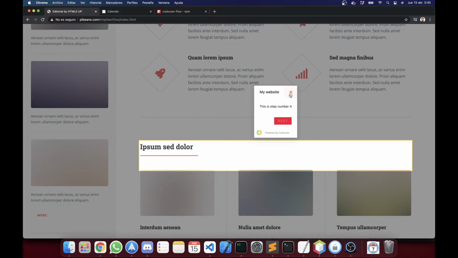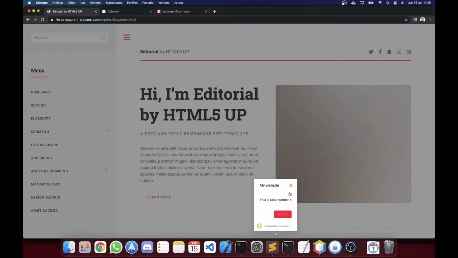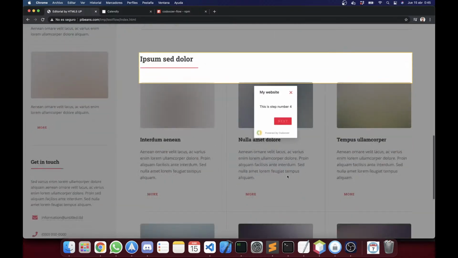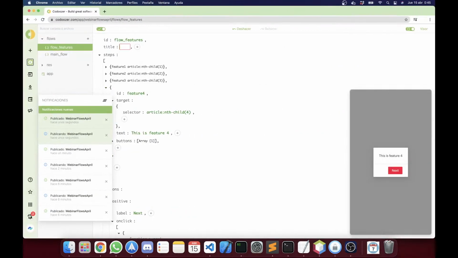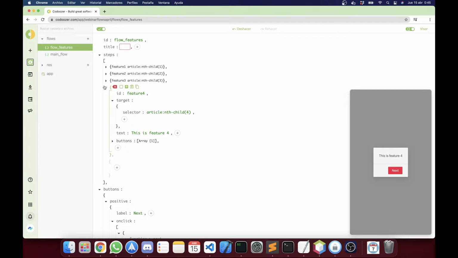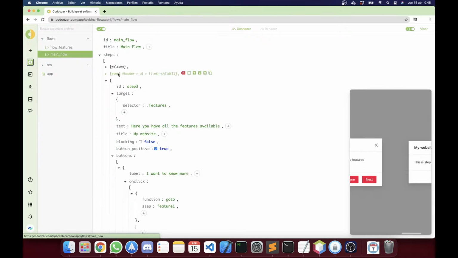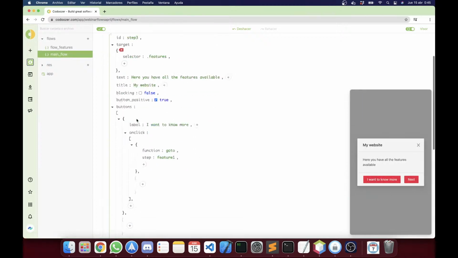Well, basically this is how you can do step-by-steps in your whole website. Okay, now, but what if your website is made of different pages and you change from one page to another? Okay, so yeah, let's imagine that from step 4, if you click next, you want to go to a different site in your website. Okay, so let's do this. In step 4, our button, no, this is feature 4. In step 4,